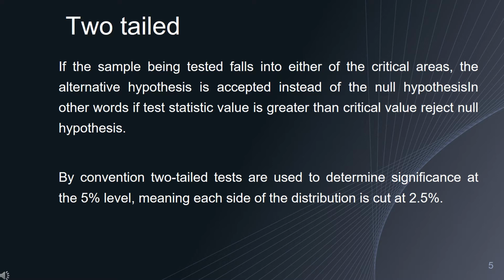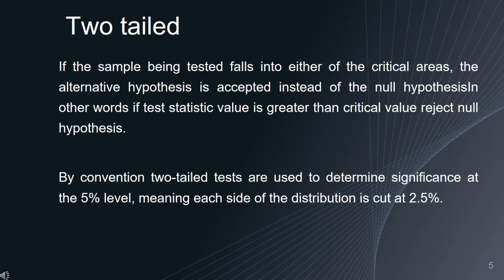I explain you by giving an example. Say for example, I have drug A for diabetes. So I frame my hypothesis as the drug has no effect, that is my null hypothesis, and my H1 or alternate hypothesis says that the drug has effect, but it does not say whether it is a positive effect or negative effect. So I am considering on either side. That is why it is two-tailed.